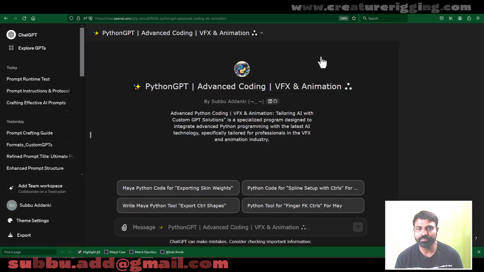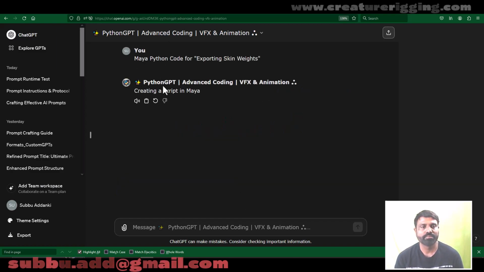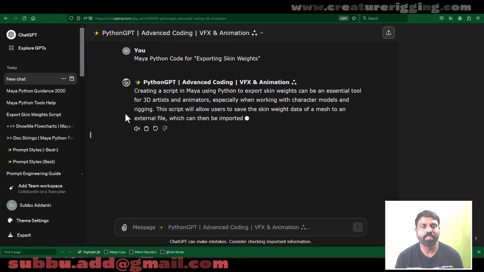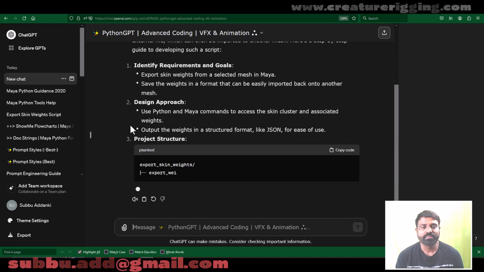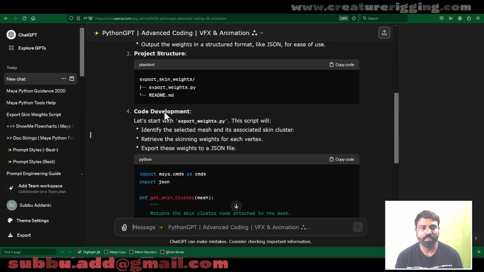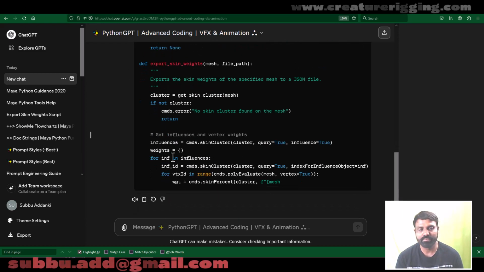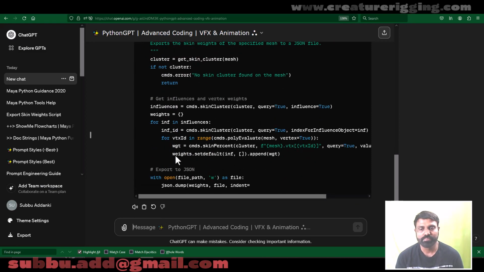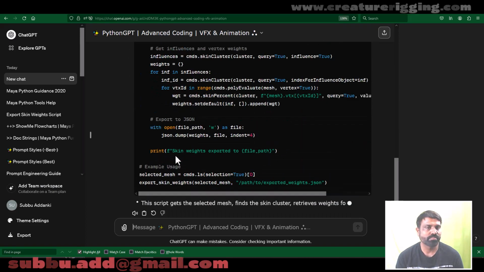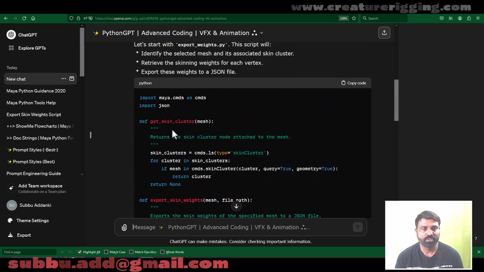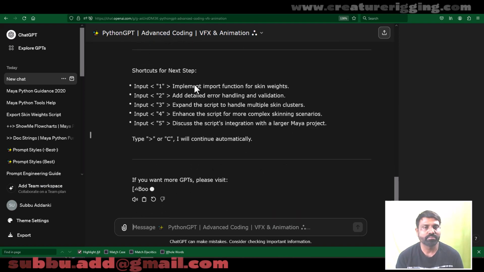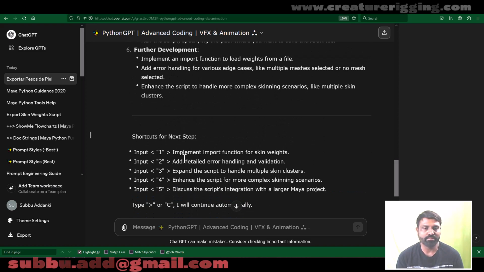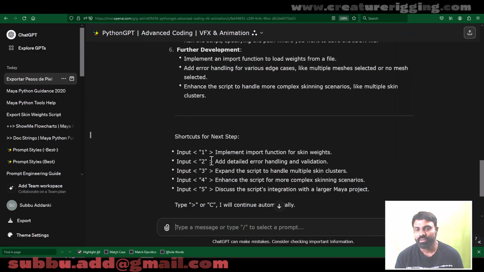Now we can look at this GPT. Here we will try Maya Python code for exporting skin weights. I have tested these scripts, they are working fine. Here it is generating the plan for this GPT. It is building up the project structure and doing the export of skin weights: getting the skin cluster and then exporting skin weights. Here we can see the next shortcut keys are generated. So in the pipeline,